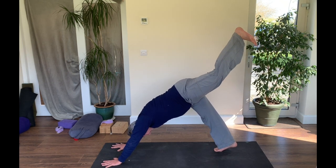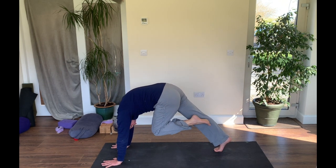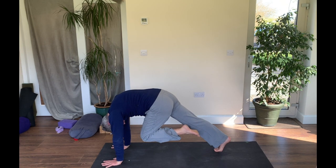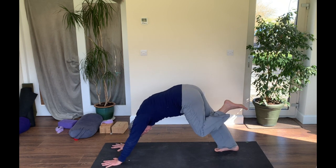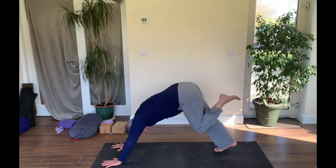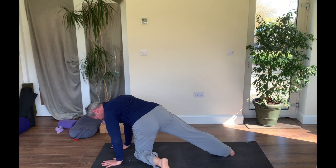Inhale, left leg back and up. Exhale, left foot rounds the spine. It's like you're an angry cat in Halloween, and also with a plank position, knee to chest, and then when you're ready, inhale, reach that left leg back and up. And then exhale, bring it forward and place that left knee on the ground,